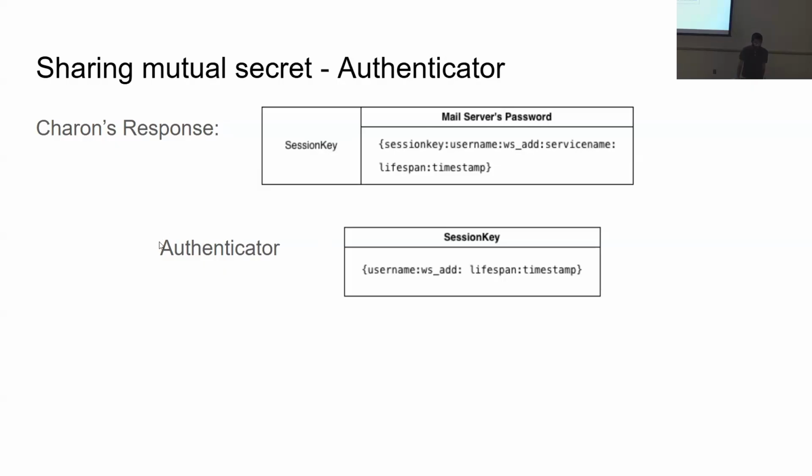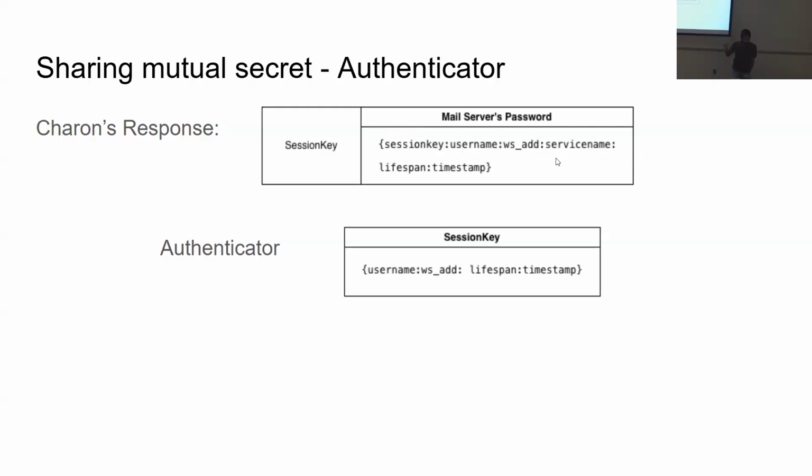an authenticator. So it kind of creates another sort of ticket, with very few fields, as in the username, workstation address, the lifetime, and the timestamp, and encrypts this with the session key. So now you have two things. One is the authenticator and the service ticket, which is actually encrypted with the mail server's password. So Bob now actually sends this authenticator and the